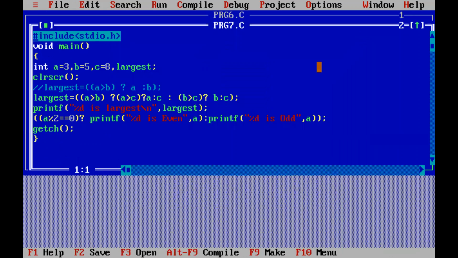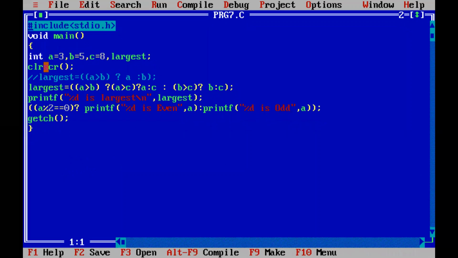Some of you had executed yesterday's programs, largest number, I think. Like largest of 3, I don't know whether you have executed it using the conditional operator. If you are using 3 alphabets, like A, B, and C, for accepting the number, you can ask the user to enter the number also. Otherwise, we are just giving constant values here, A equal to 3, B equal to 5, and C equal to 8. And we are declaring a variable called largest, of type integer. This one is now for the conditional operator.